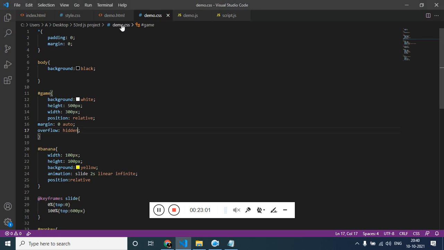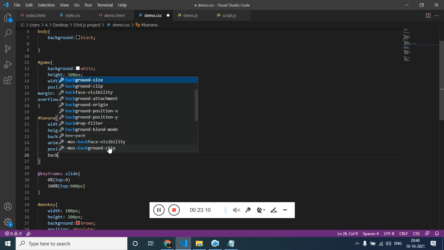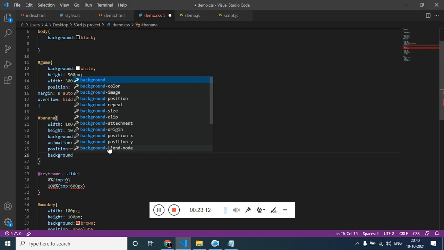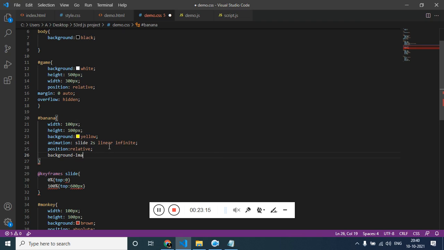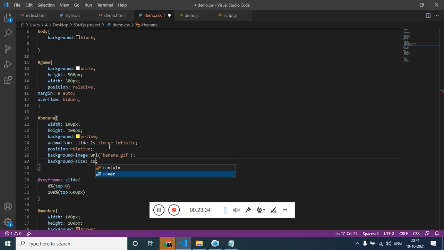Now let's work on the CSS. Let's start with banana. I'm going to give the background image to it. Background image colon URL banana, refresh it, background size contain, cool.